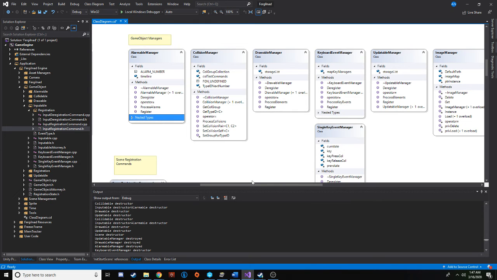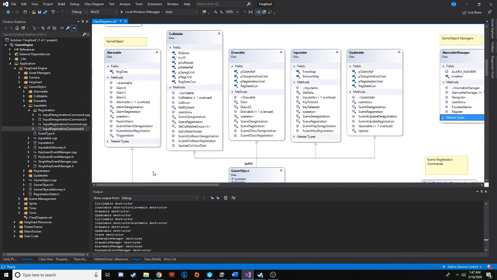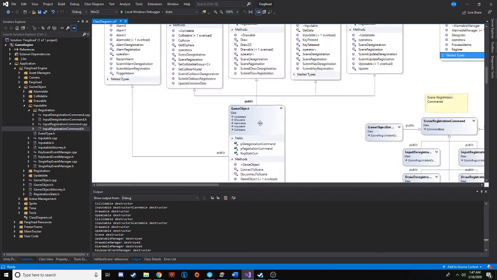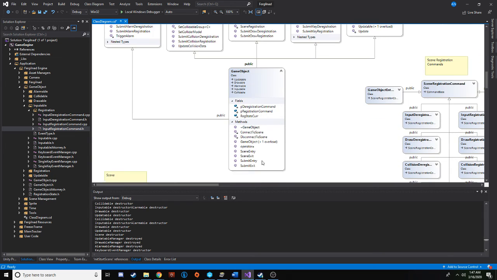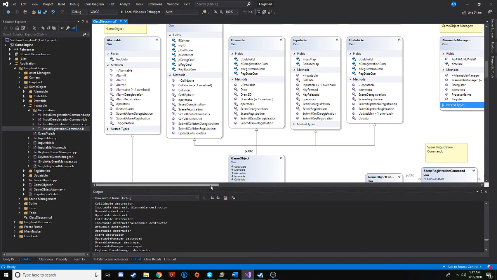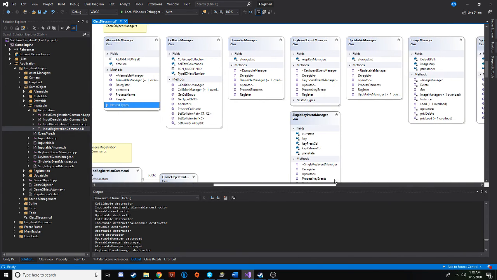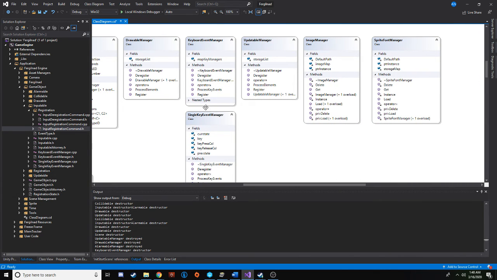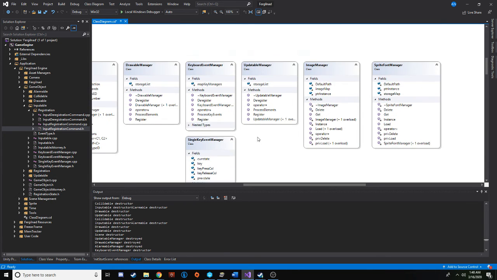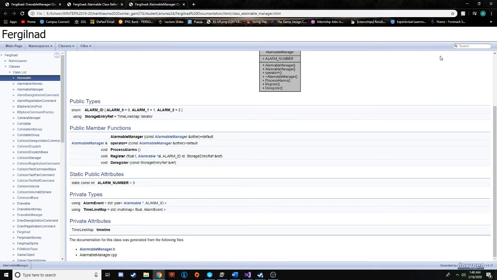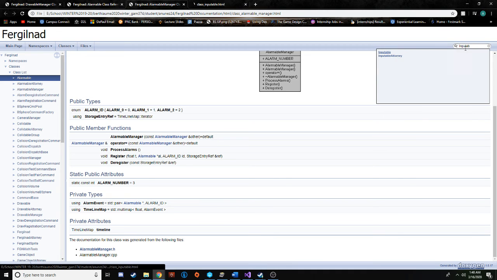Okay, then here's the class diagram, then here's the inputables. Game object, like always, inherits from it with no duplicate functions or methods. Then the inputables would be right here, the keyboard event manager, and then the single event manager. Right, then here, inputable. Then for the keyboard event manager,